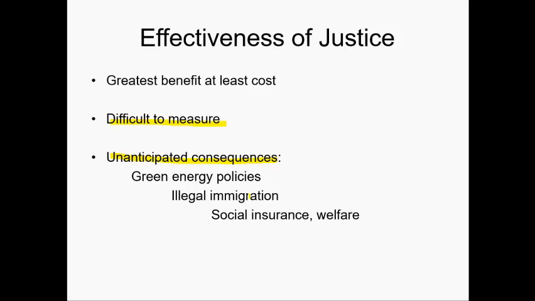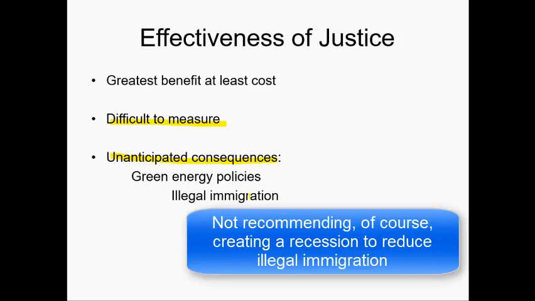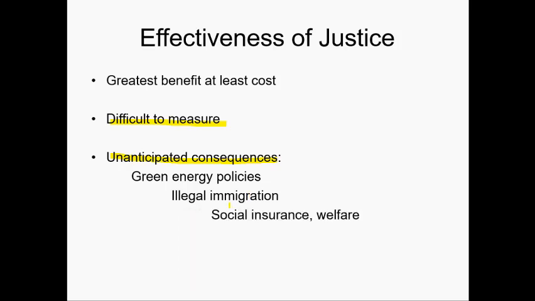We do know one of the biggest deterrents to illegal immigration is recession. If the economy has a downturn, illegal immigrants have less opportunity and they go back to their home country. So that would be an unanticipated consequence of stricter border enforcement policies, because it could entice immigrants to stay longer and be perhaps an even greater social cost, because they may not have the jobs, but they're finding ways to stay.